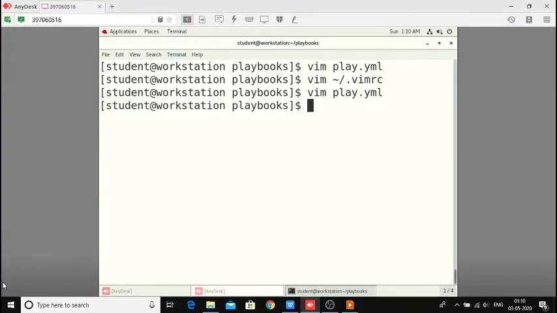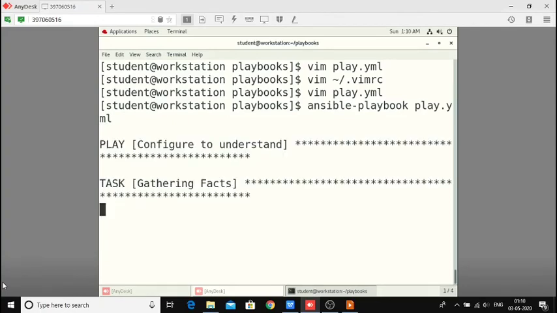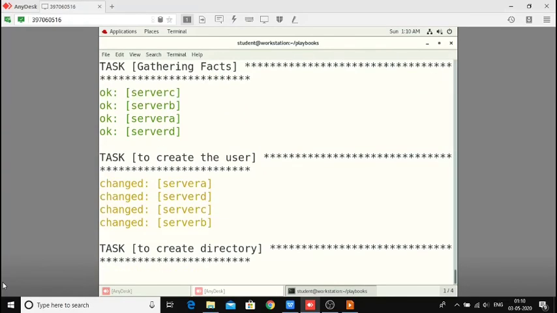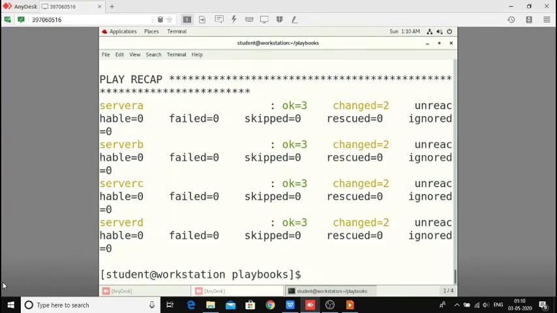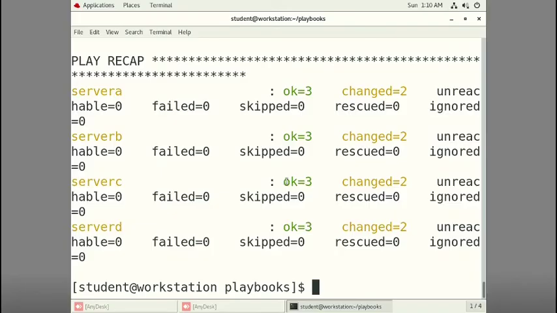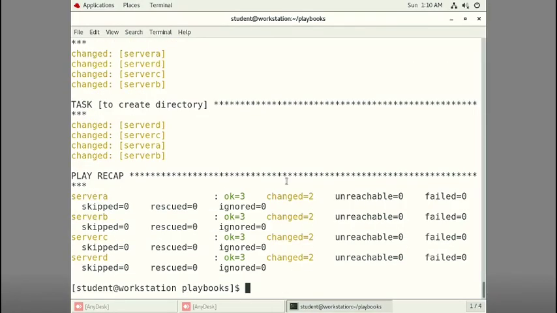Let's open. So ansible-playbook, then the name of my playbook. While I'm running that, it goes for the run, you can see it runs as well.